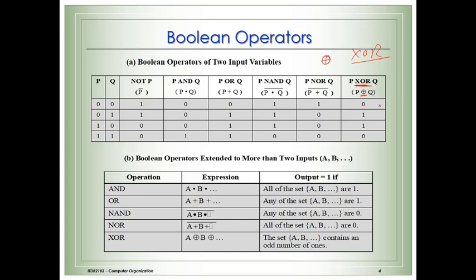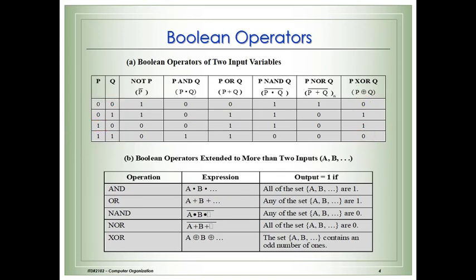Exclusive OR says that if there are two variables, then it will give you the result true only if one of the values is true. If both values are the same, whether they are false or true, then the result will be false. So for example here, P and Q, both the values are the same, so the result is going to be false. Both these values are the same, so the result is false. Here, exclusive OR means only one value is true, so the result is true. Only one value is true, so the result is going to be true.